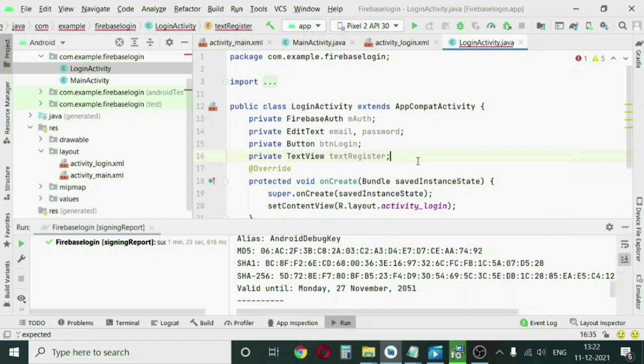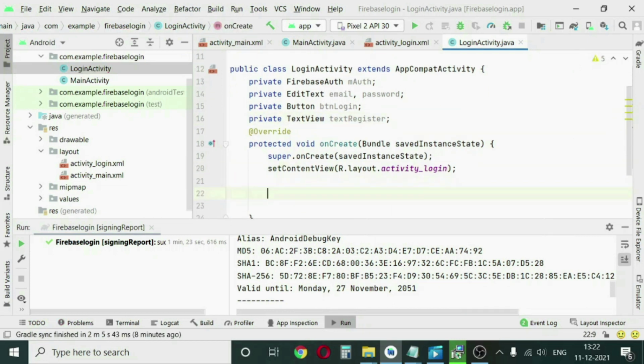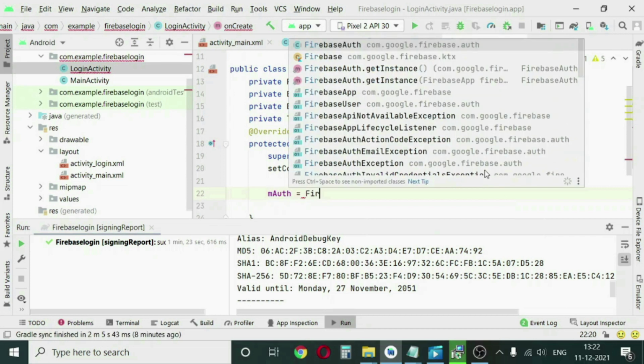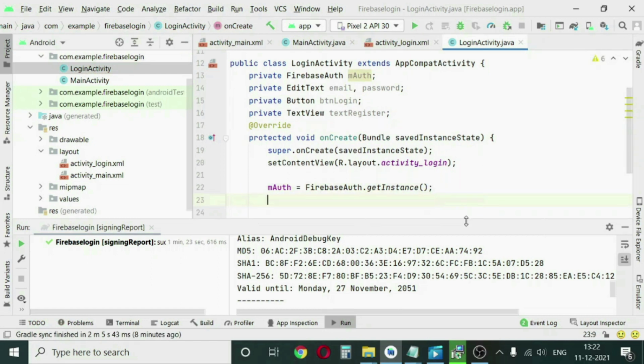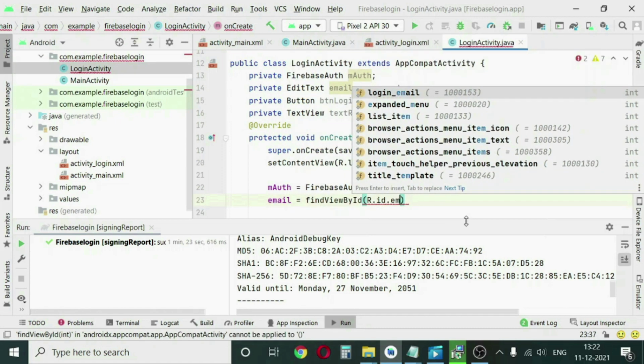Now it's time to initialize them. So write mAuth equal to FirebaseAuth dot getInstance. So our auth variable is initialized. Then initialize the email and password, findViewById, R.id.loginEmail.